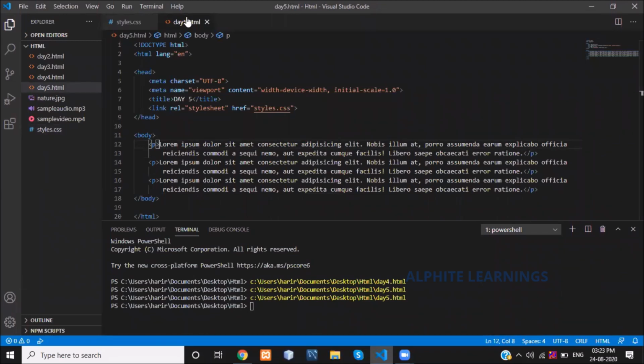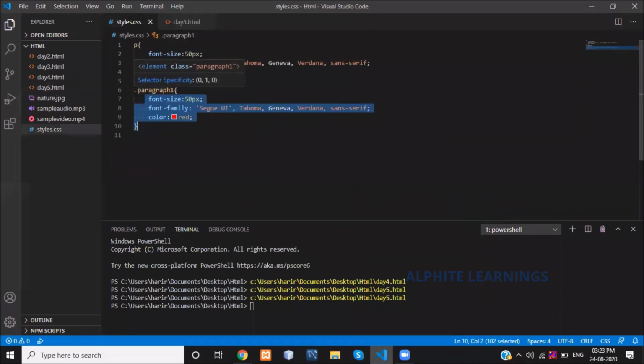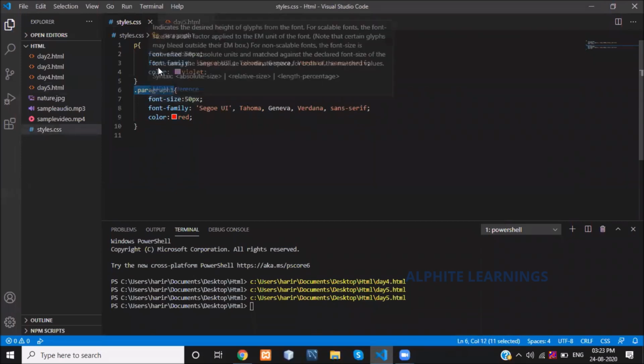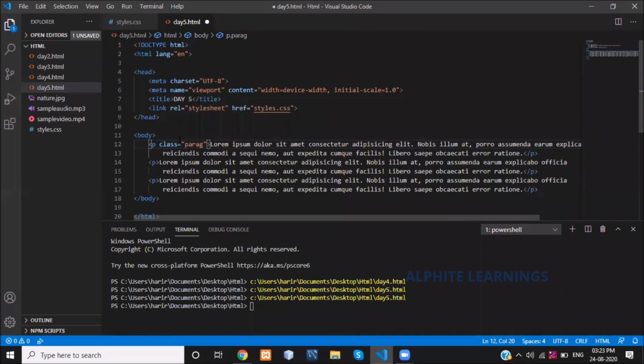After this paragraph, give a space, give a class. What is my class here? Paragraph 1 is my class, isn't it? Just give paragraph 1.